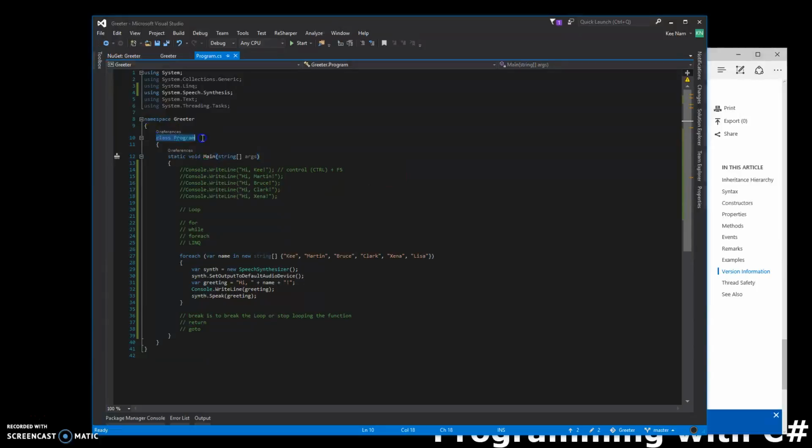So this is a class and this is a function. The reason that it's static is because it runs on the application. But for now, this is the greeting. So you can change the names and try it out, and we can go through more about the concept of instances in the next